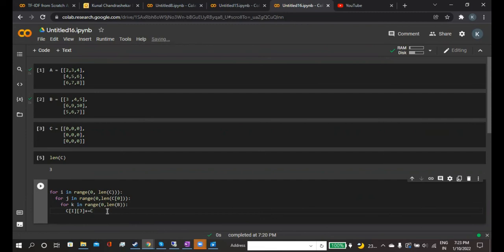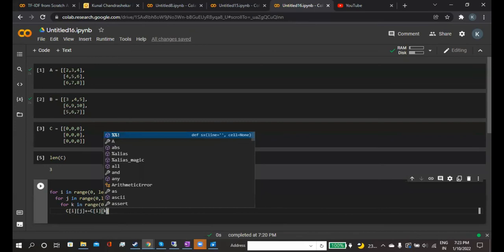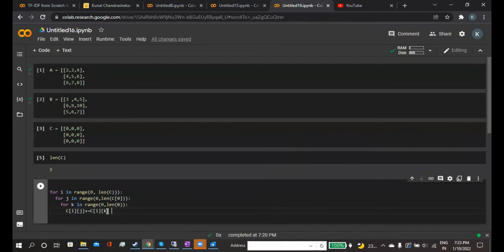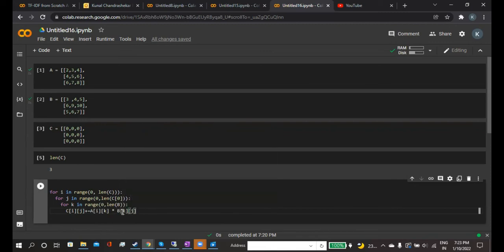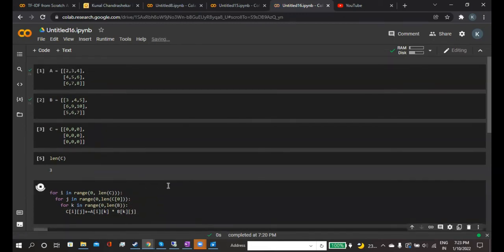So C[i][j] plus equals A[i][k] into B[k][j]. So this is our formula. So we just have to run it. That's it.